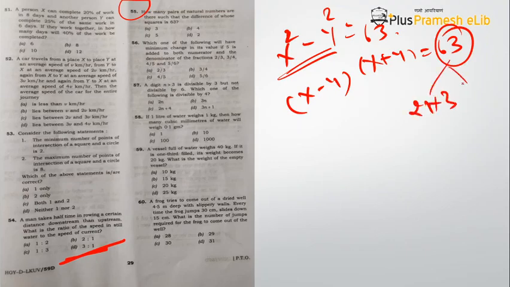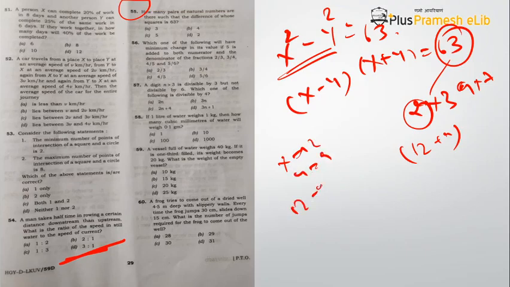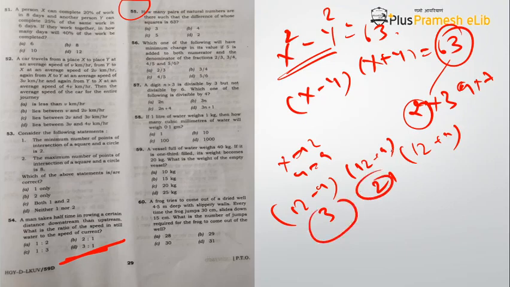Either 21 into 3 or basically you can have 9 into 7, right? So you have to see that if you take suppose 21 and 3 and basically subtract and add them, will anything work out? Or you can say, suppose if you take 12 plus 9, then what will happen? Suppose x is 12 and y is 9, then 12 minus 9 is 3 and 12 plus 9 is 21. So you are getting the answer as 63. So this is a possible combination, right?